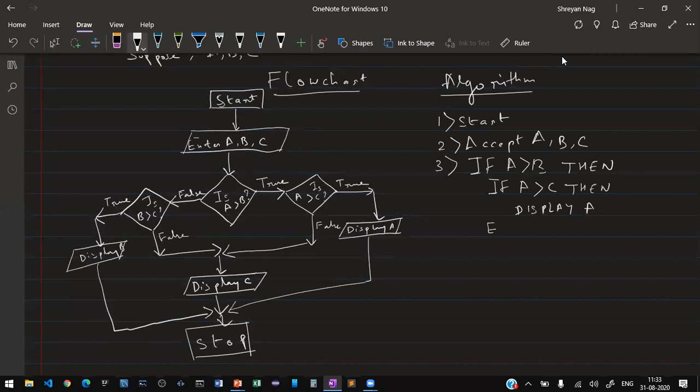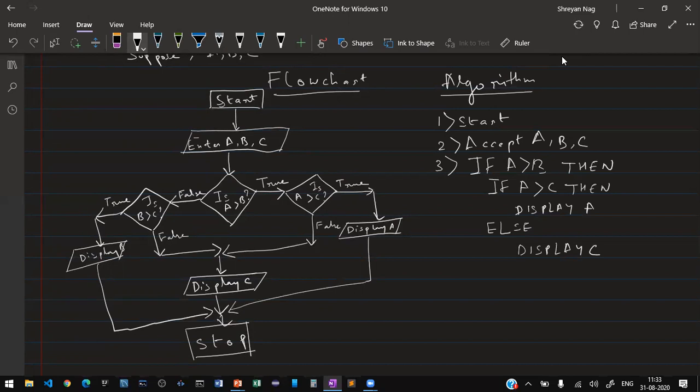This is all inside the if A greater than B. Else display C. Now this structure is finished. Then we'll move into this structure.